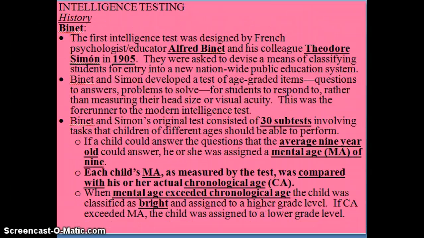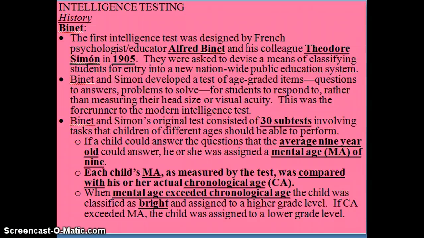So the history of intelligence testing is this. In France, right around 1905, there was a guy named Alfred Binet, and he had a colleague named Theodore Simon. They decided that they wanted to figure out how to classify children in schools. They said, how are we going to fit people into the right classrooms? And so what they did is they looked at